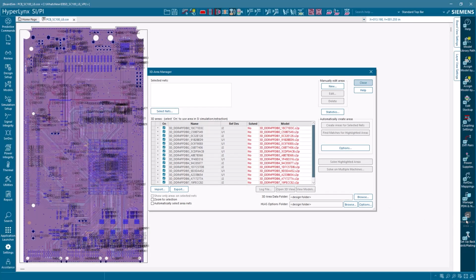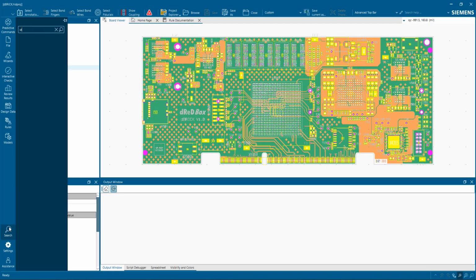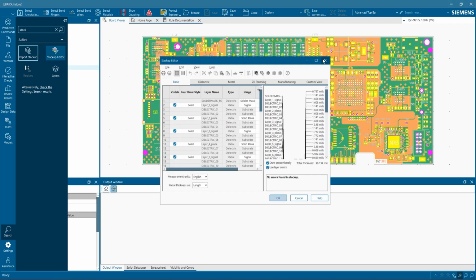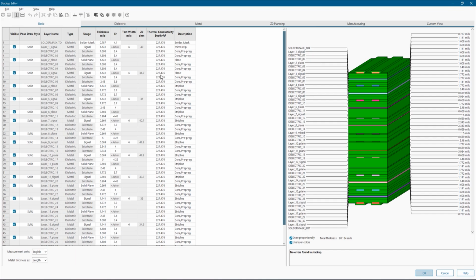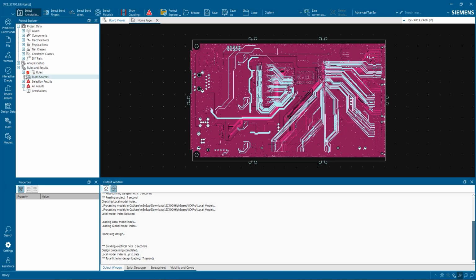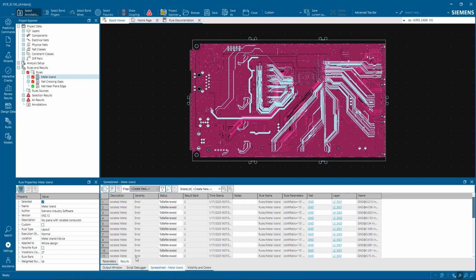Users will now find access to Hyperlink's advanced solvers functionality directly from within Hyperlink's BoardSim. This release also marks the reintegration of features to Hyperlink's DRC that were previously only available in classic mode. We've also improved how users review results, making the experience for the user that much more seamless.